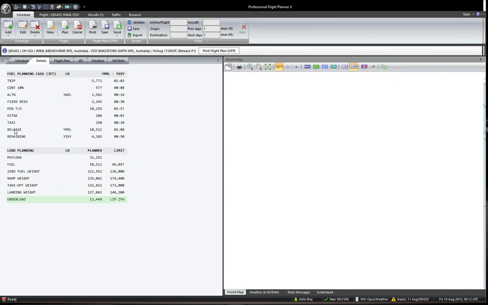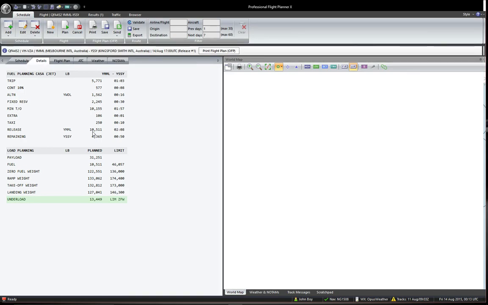So the first thing that I do need to worry about is our fuel, because we're going to be inputting the amount of fuel into the FMC once we get into the simulator. So our release fuel, and everything is in pounds. I choose to have everything in pounds. It matches some of the other aircraft that I have, so I just simplify it by putting everything in pounds. So the release fuel is